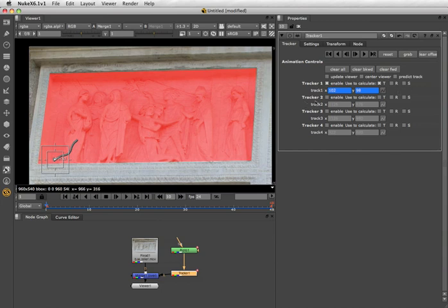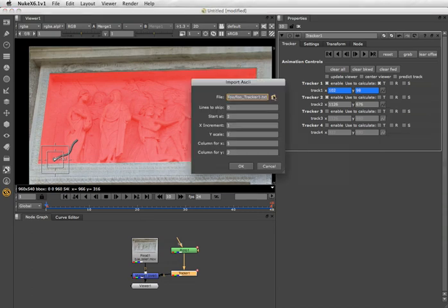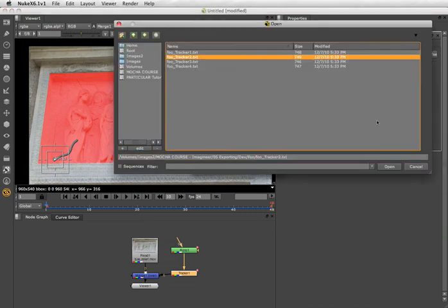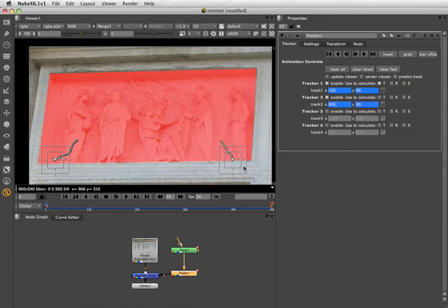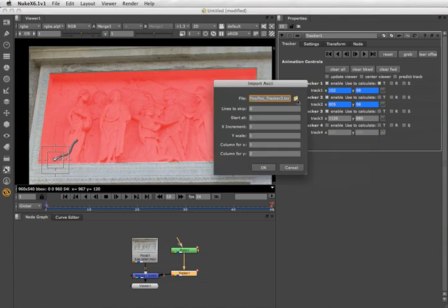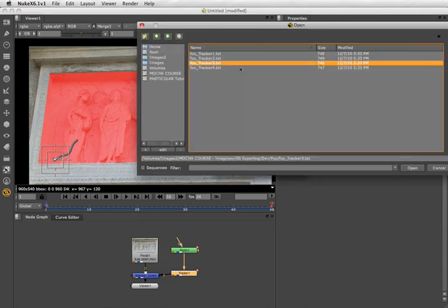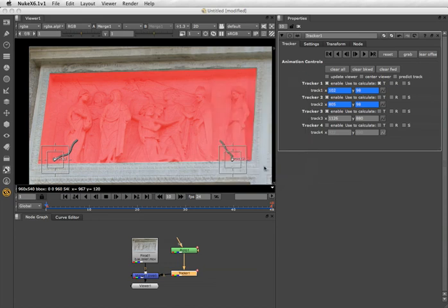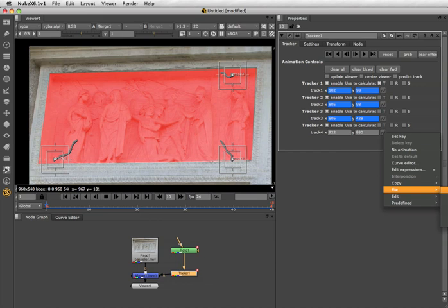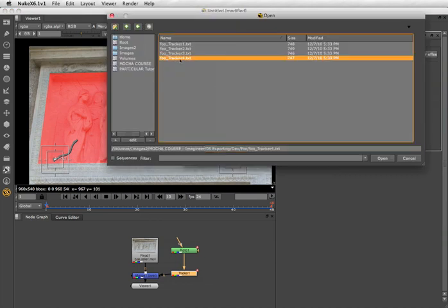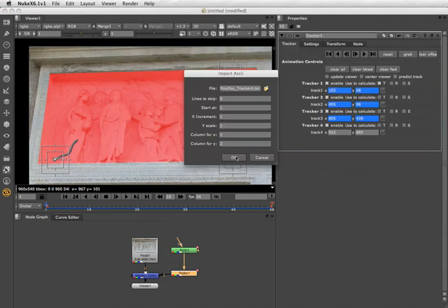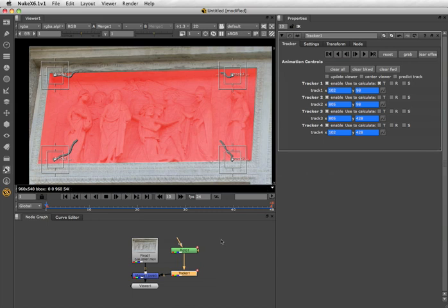Okay, let's repeat that for tracker 2. First, though, you have to enable it, or you can't load the file. Then we'll do our import ASCII thing, browse, get tracker 2. Open. OK. Enable tracker 3, File, Import, tracker 3, Open, OK, and finally enable tracker 4, File, Import ASCII, and tracker 4, Open. Okay, all 4 trackers have been loaded with the mocha tracking data, and if I play the clip, we can